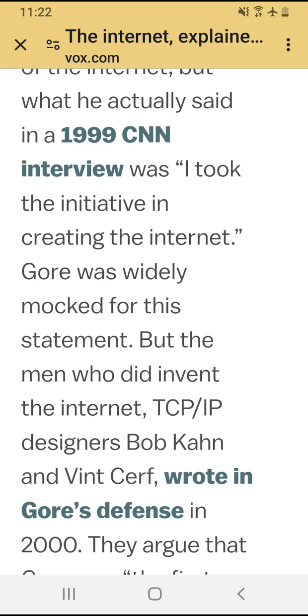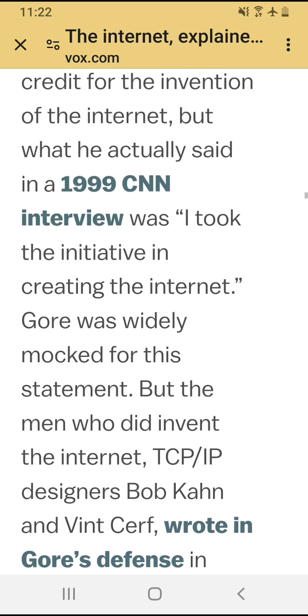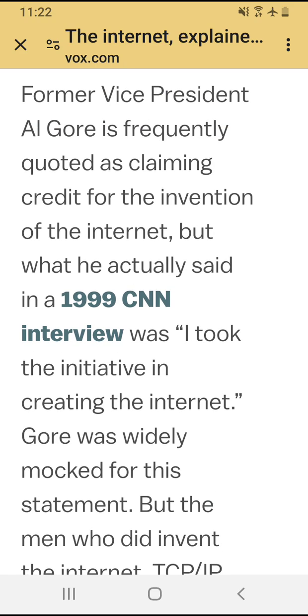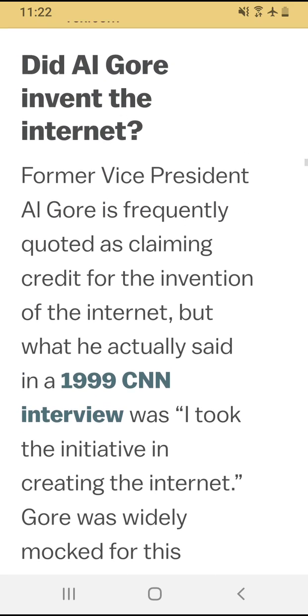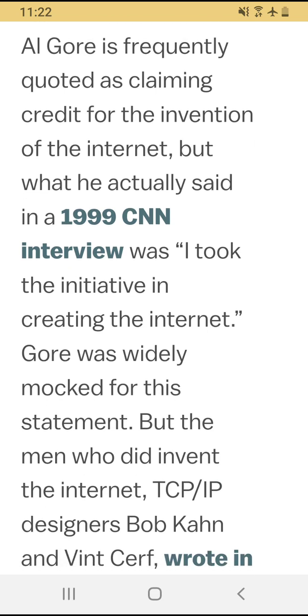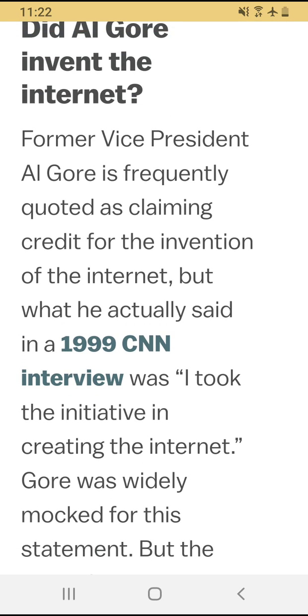We're going to talk about it a little later, and maybe the next read. But they used certain machines at the beginning, and he is saying that I took. And remember, this is A.I. Gore. He was a former vice president. He's quoted as claiming credit for the invention of the internet. So he's claiming to invent the internet. And yeah, he said this.